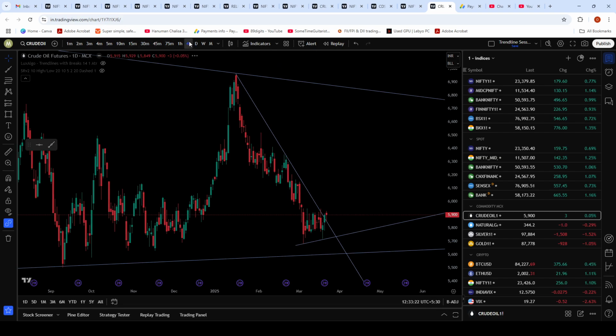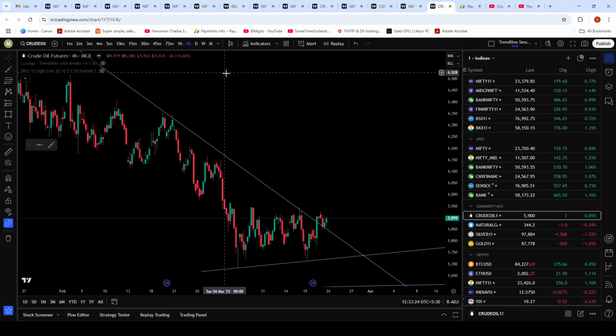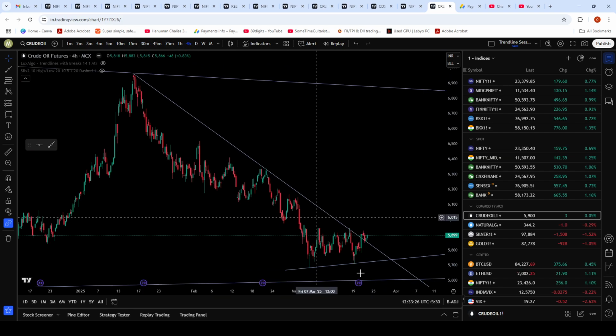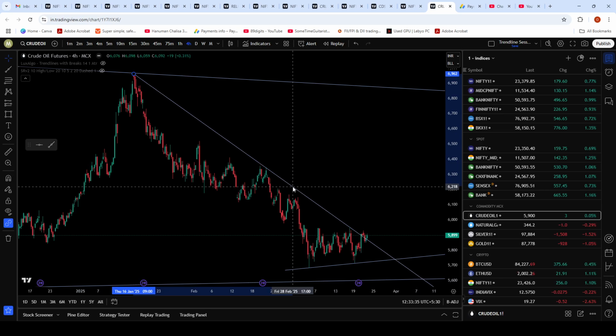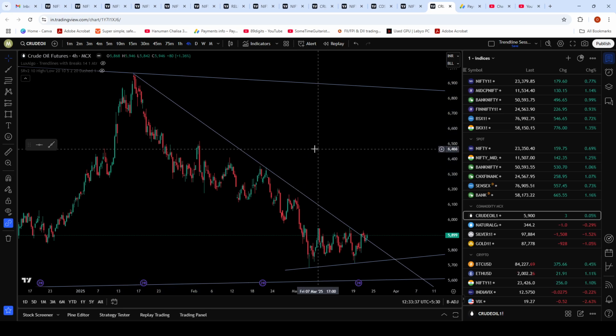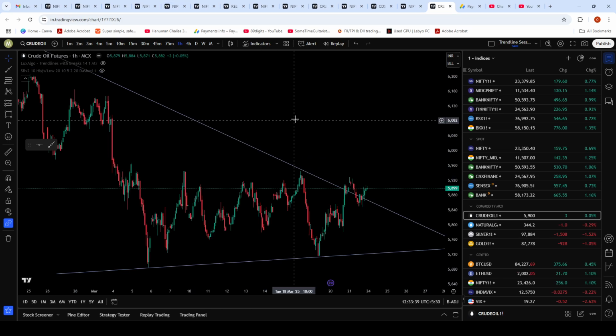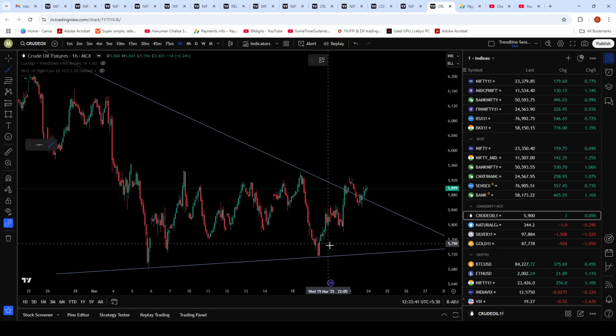and then go on to our 4 hours. Nothing much I think is required in 4 hours as of now. We can just filter this line a little more in terms of touch points. Yep, looks like this. It's getting ready for an up move. According to me, crude is getting ready for an up move. 1 hour time frame, things look like this. Again, I can draw a trend line over here,